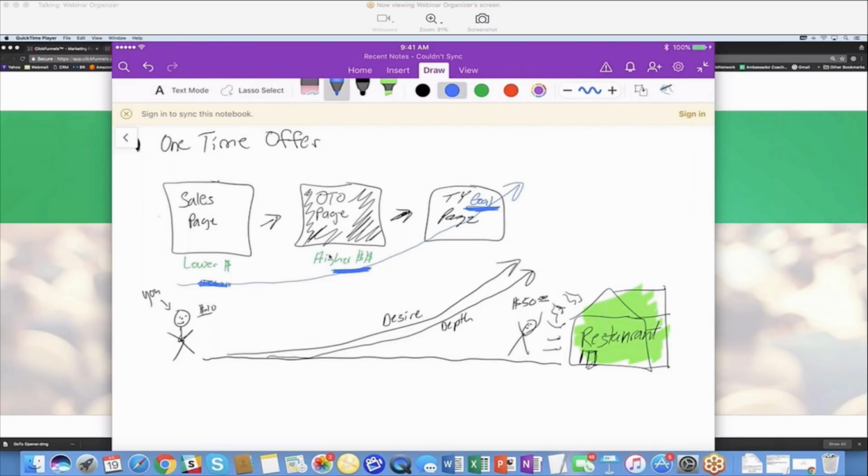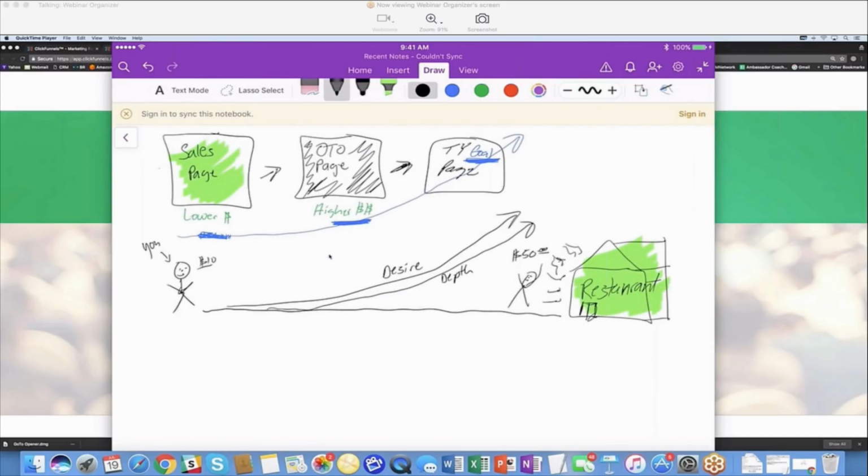This is just kind of sales mentality. I would say that most people don't teach this kind of stuff, but I want you to understand why the OTO offer is usually a little higher priced. It's not going to be as low as the sales page, but you want this sales page to be low enough to bring lots of customers in, because let's look at something. If we bring in